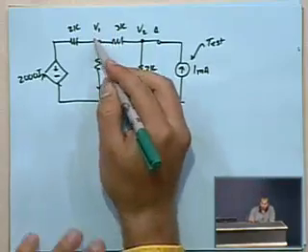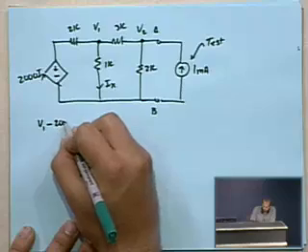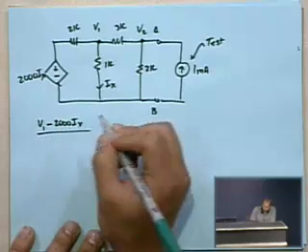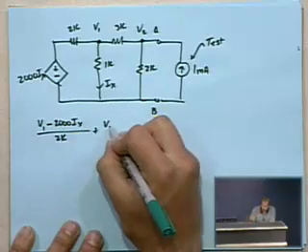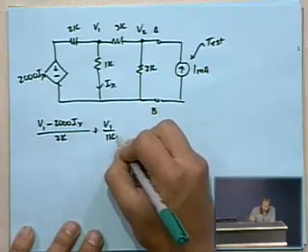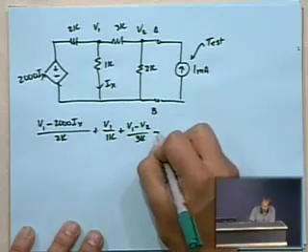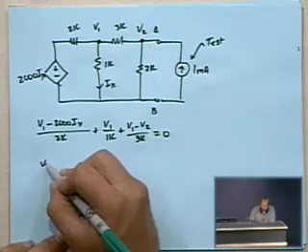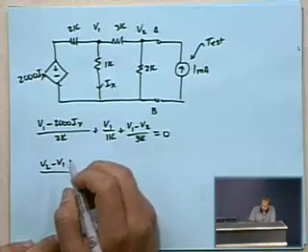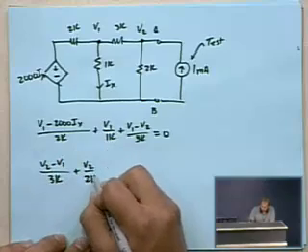So we have (V1 minus the source, 2000 Ix) over 2K plus V1 over 1K plus (V1 minus V2) over 3K equals 0. And then at the second node, we've got (V2 minus V1) over 3K plus V2 over 2K